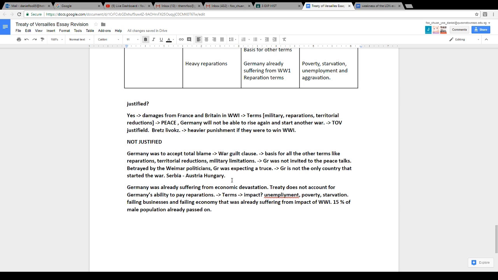But yet, France still demanded such heavy reparations, and when Germany could not pay, France took over more resource-rich land from Germany, causing more unhappiness. And where is this place? It's called the Ruhr. It's the Ruhr industrial region.